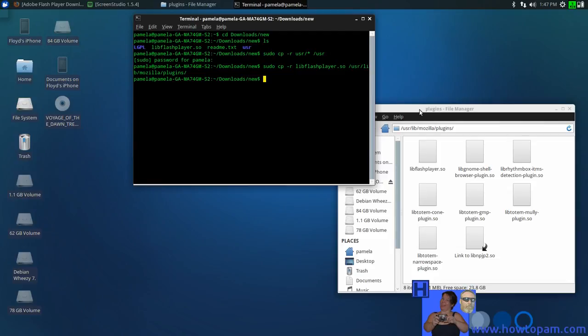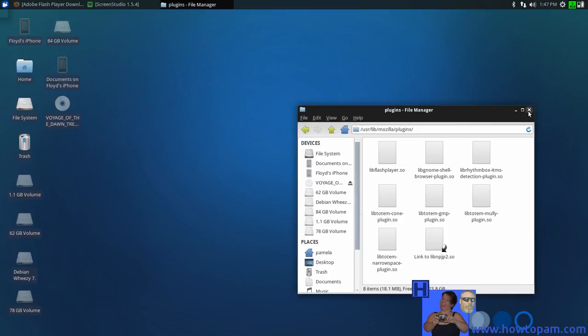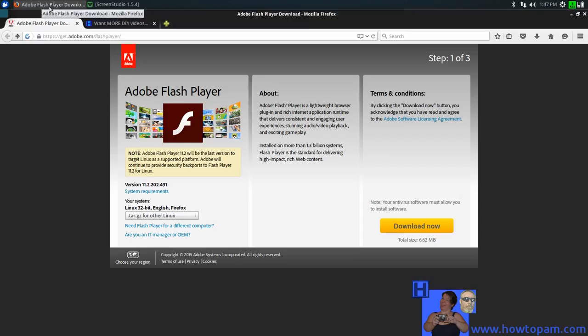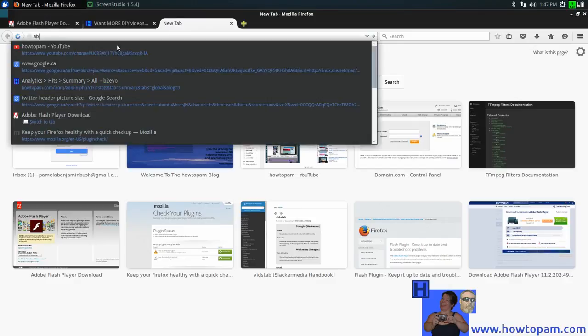And that should be all that you need to do. So you can exit this. And you're finished. If you like to check out the verification, you can go to your web browser and type